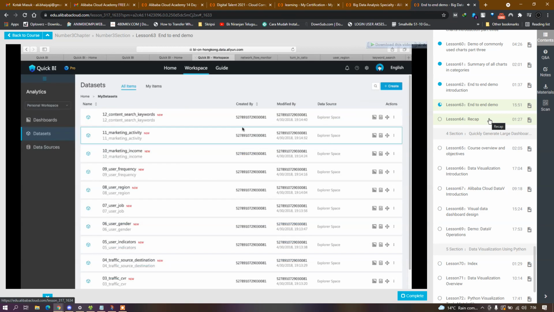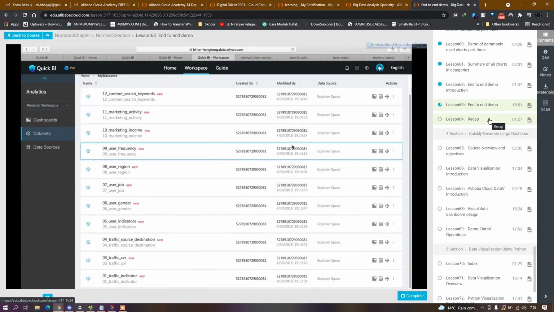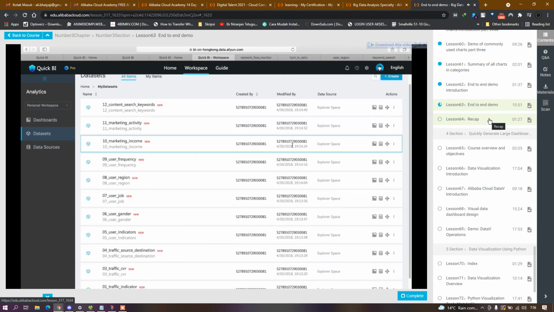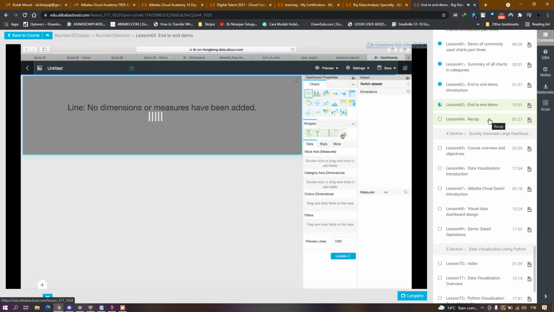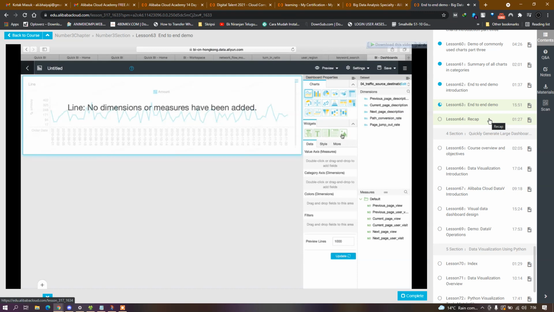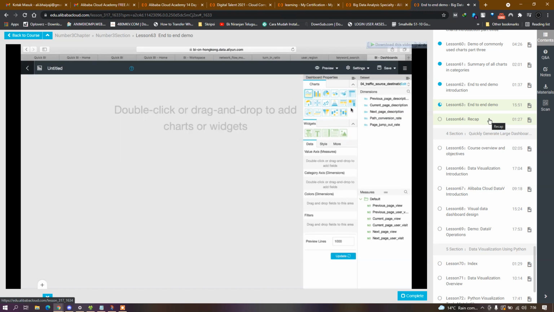Another one I also like is a conversion chart. We call it a conversion chart. This one. For generating this one is a bit interesting because now you see in the dimension part there are 5 dimensions, but actually the path conversion rate and the path jump out rate we want to put in the measurement,